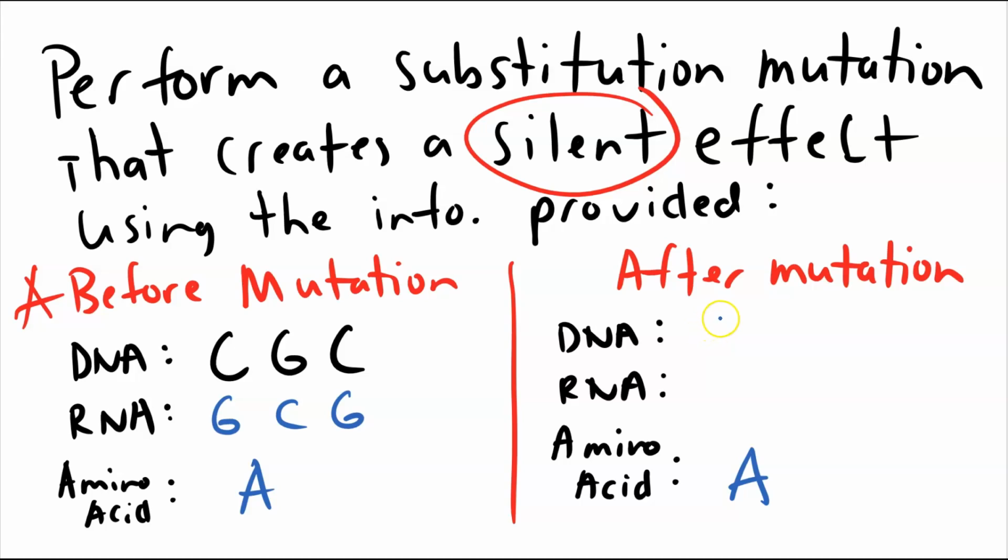So for our DNA, it's a pretty safe bet that we don't want to change that first DNA nucleotide to keep it silent. There's a good chance too that we don't want to change the second one. Okay, so if you look at your genetic code table, CG, what I say usually anything, will give you,